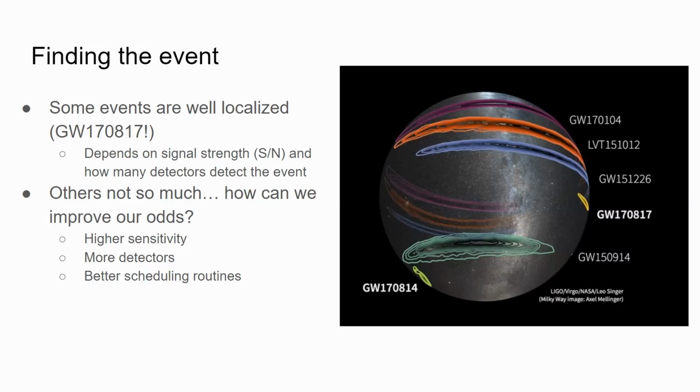So if you remember from Shreya's talk on triangulating the event, right? If you have more detectors, you're going to be able to narrow it down to a smaller region in the sky. And also, if you have a higher signal to noise, you're also going to have a better detection and further narrow down that region. So in general, if you look at these big cases, this would be very hard to search for an event. So how can we improve our odds? Higher sensitivity of detectors, which we're currently upgrading, O4 will be starting soon, and then more detectors, right? The more detectors that detect it, the better we can localize, and of course, better scheduling routines, as was brought up, because the better we can search the space, the faster we can hopefully get lucky and find that